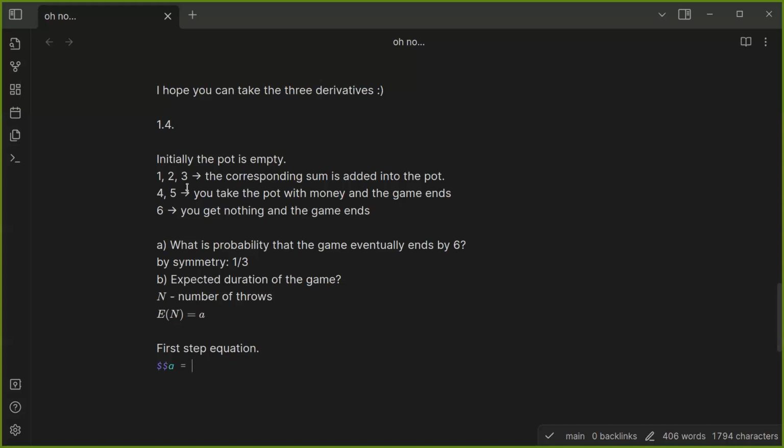So if I begin the game and I throw 4, 5, or 6, the game ends in one step. So with probability 3/6, I will just get one step. With probability 3/6, so if 1, 2, or 3 happens,